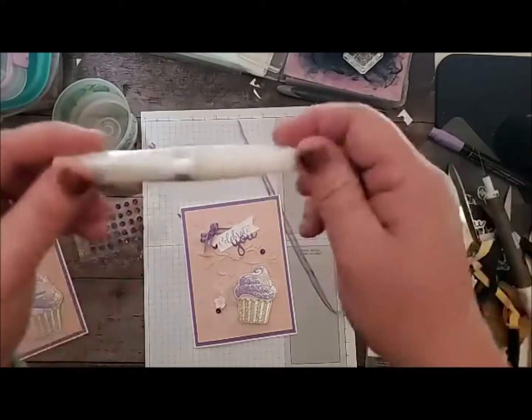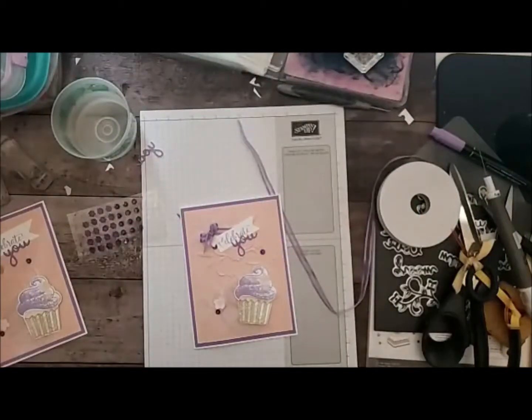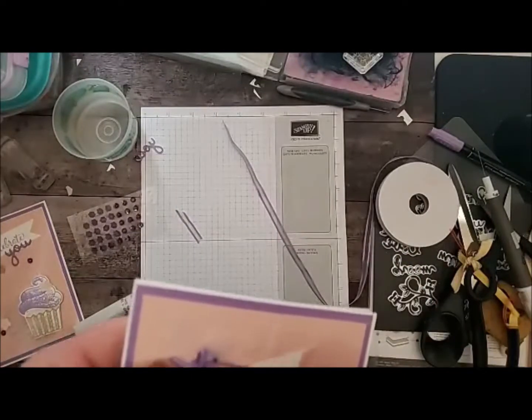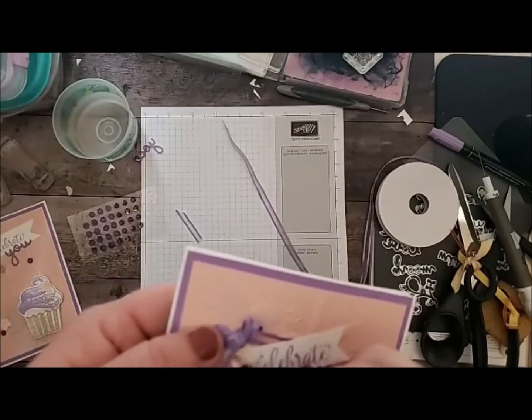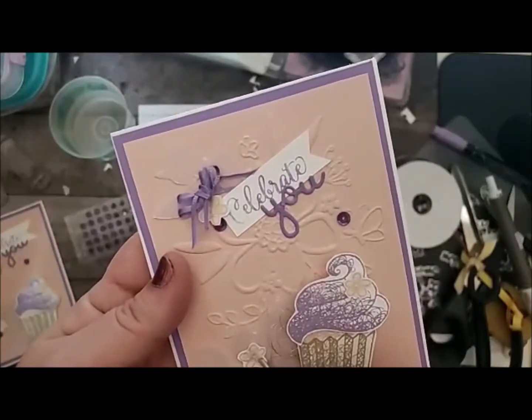Okay, and then nothing is fixed without Wink of Stella. Again, I'm going to need to get more. I use so much Wink of Stella on everything. I love it. So you just brush it onto your flower just to give it a little extra sparkle,